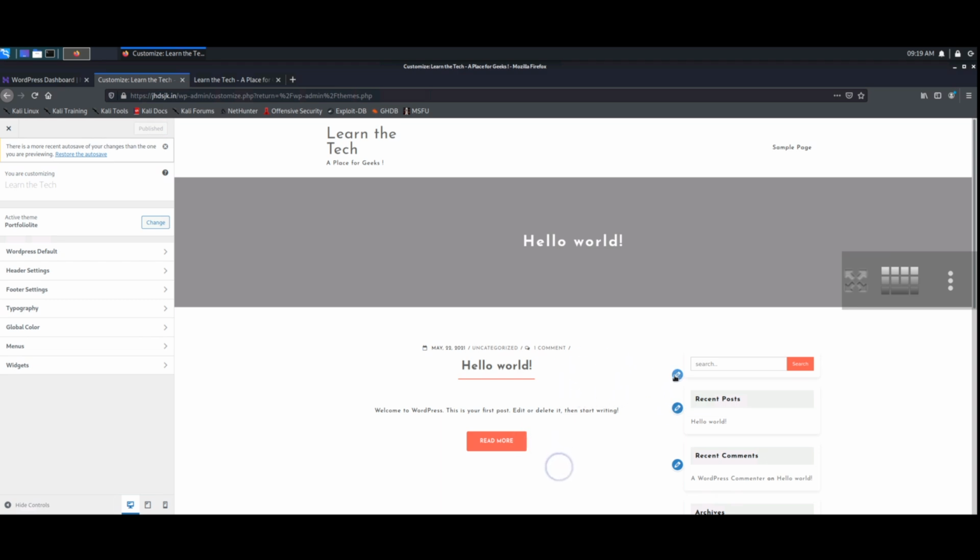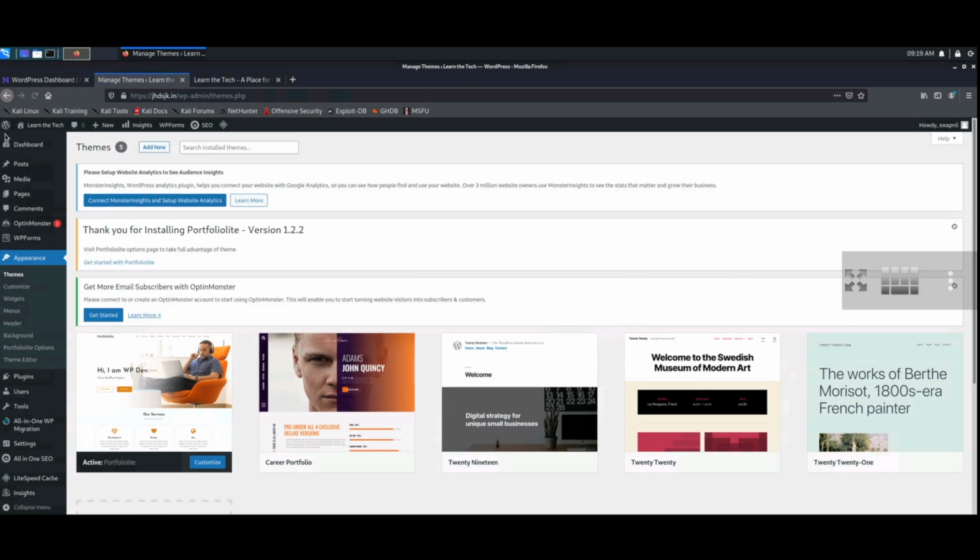Even you can see there is an option to edit it directly from here. You can click on this to edit this widget. So you can do a lot of things, and all of this can be done with this smartphone. So you don't need to have a PC for this, and all this becomes possible because of the